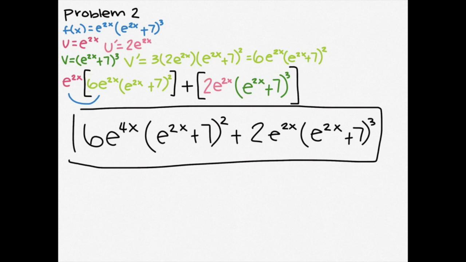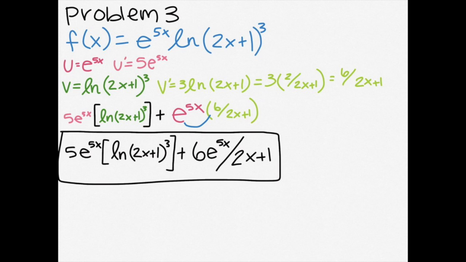Now we need to multiply these as we did before, which means u times the derivative of v, which gives us e to the power of 2x times 6e to the power of 2x times (e to the power of 2x plus 7) squared, plus 2e to the power of 2x times (e to the power of 2x plus 7) to the power of 3. Since we can only simplify e to the power of 2x and 6e to the power of 2x, everything else stays the same, which means our final answer is 6e to the power of 4x times (e to the power of 2x plus 7) squared plus 2e to the power of 2x times (e to the power of 2x plus